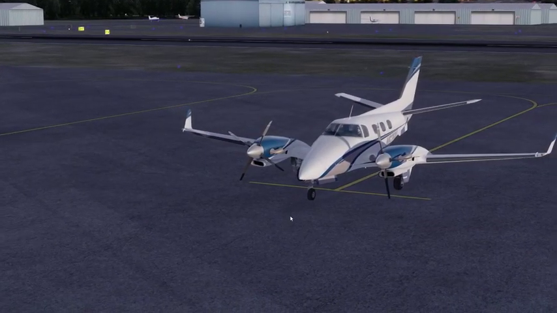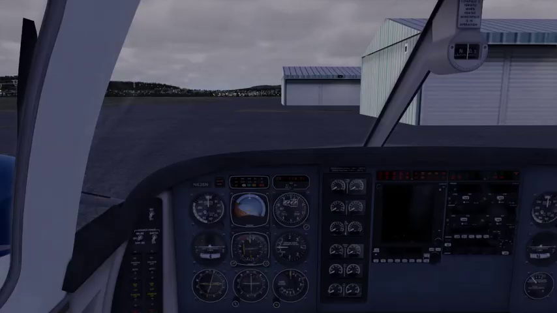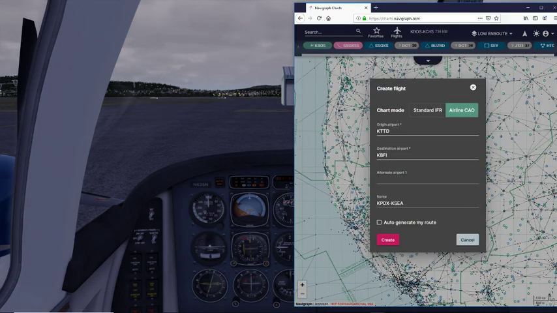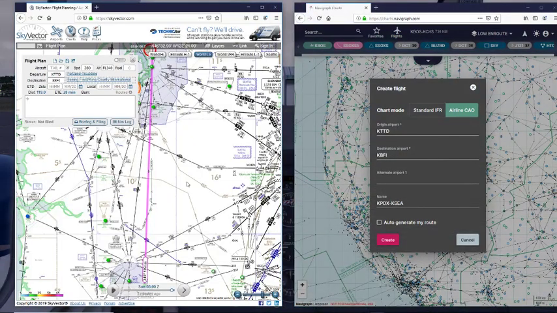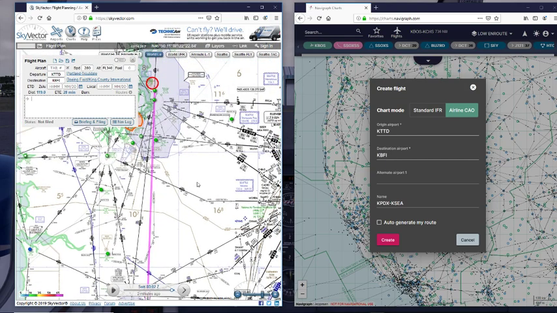Okay, first thing I'm going to do is hop in the cockpit here. Maybe just compare how the two tools that I commonly use, SkyVector and Navigraph, would chart this route. And so let's do that because I really don't know. I'd like to fly IFR, I guess. VFR would be an okay choice, but you're not going to get an auto route in terms of a VOR